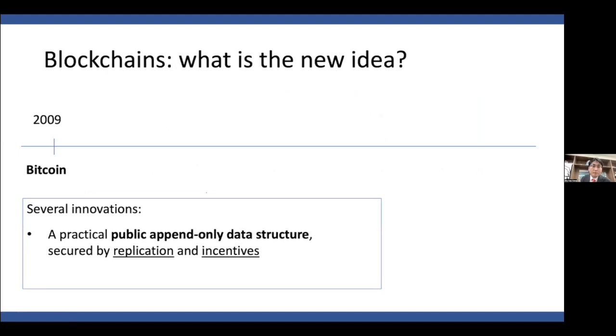So what is the new idea then? How did Bitcoin solve the problem of state machine replication? In 2009, Bitcoin came out with several innovations. One is a practical public append-only data structure. Right now, we all know that a public append-only ledger would be really cool. But that's not all. It is secured by replication and incentives. And it provides a fixed supply of asset, Bitcoin, BTC, and digital, which can be used for digital payments and